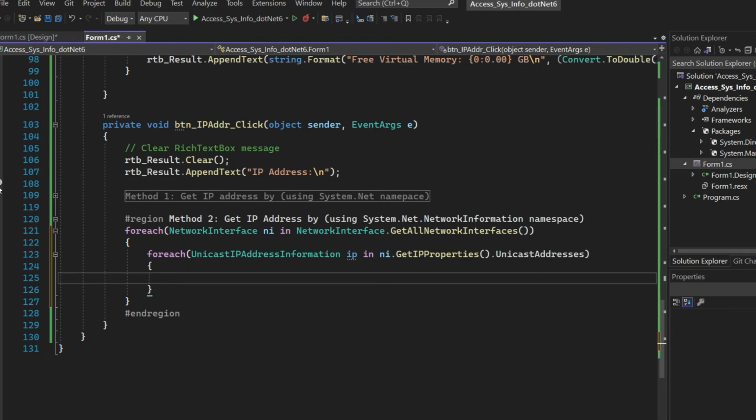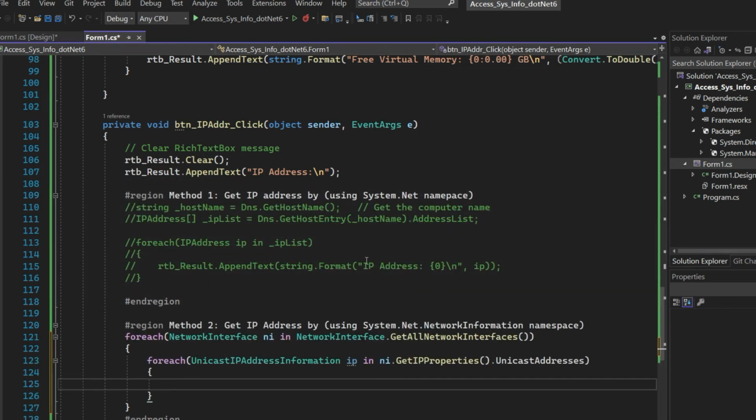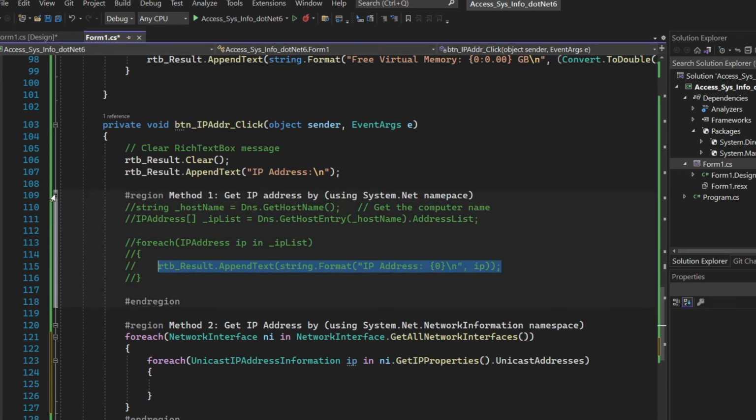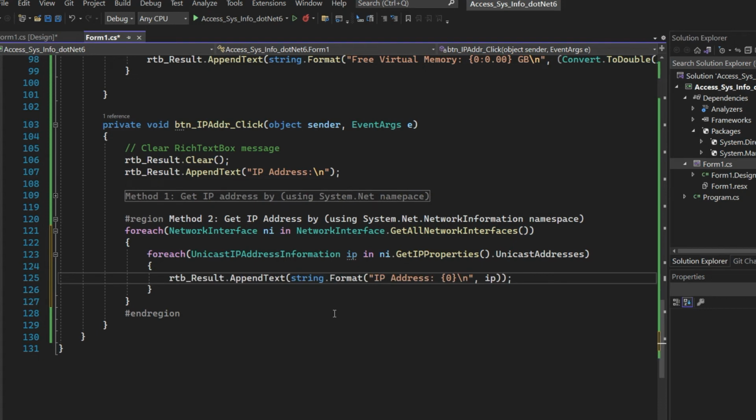Let me expand the first method and copy this line and then paste it in this foreach statement. And add the second parameter for this output string.